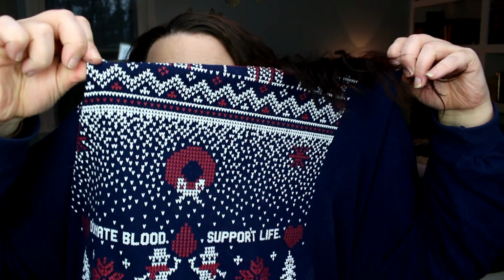But this is the real deal, guys. I am in a sports bra. I'm wearing my Virginia Donate Blood Support Life shirt because I donated blood the other day, some yoga pants, and some Christmas socks. And this is gonna be my New Year's Eve outfit because we're gonna grill out. We've got some steaks like the size of my head. Literally so excited. We're about to have the meat sweats, and then I think we might possibly go bowling if we can get our lazy butts up off the couch. But that's what I'm gonna do, and I'm gonna do it in this makeup